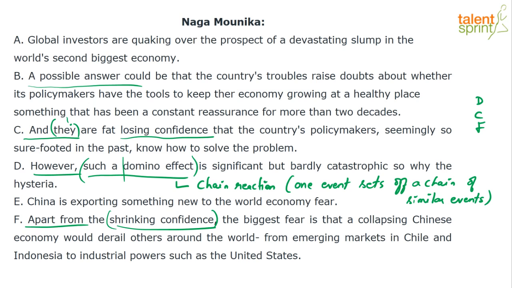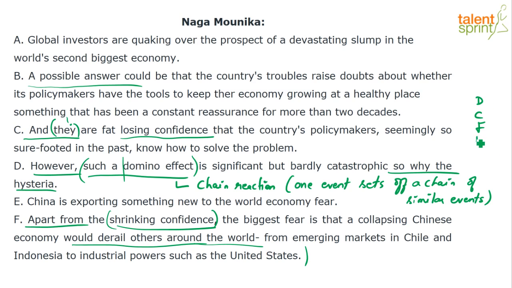Exactly. Very good point, Ashish. So in D it says, so why the hysteria, right? B can be a possible answer to that, right? A possible answer could be that the countries. So this domino effect is explained in which sentence? In F. Okay, if you look at F, it says, apart from the shrinking confidence, the biggest fear is that a collapsing Chinese economy would derail others around the world. So because China gets affected, it's going to affect other markets around the world, from emerging markets in Chile and Indonesia to industrial powers such as the United States. So this is the domino effect which is mentioned here, which means